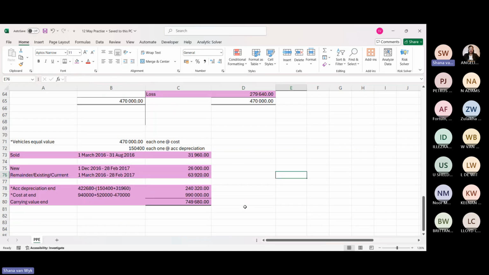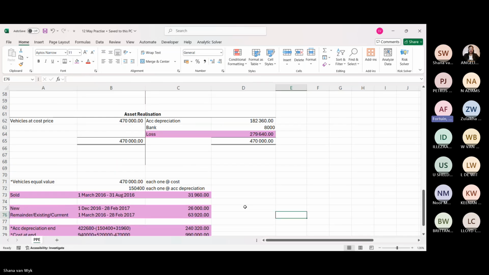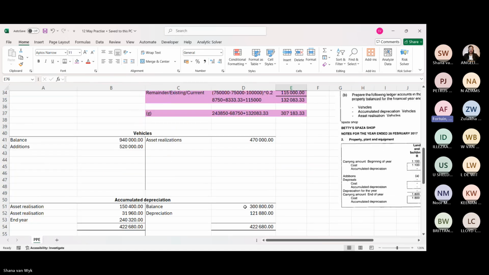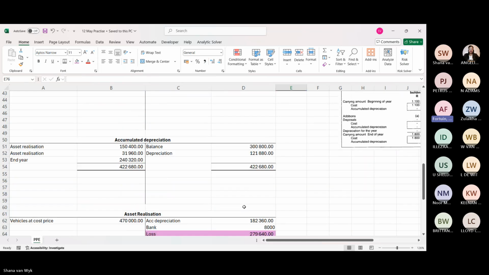Zuleika, you came a long way now, I see. You're getting the hang of accounting now. Any questions? These are old exam type questions, so you're going to have to rework it over and over, three, four, five times until you get it right. But if you get confused at the beginning, you start with learning your framework for your PPE statement.